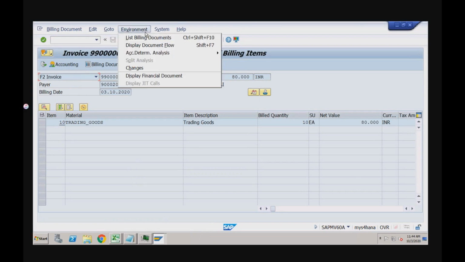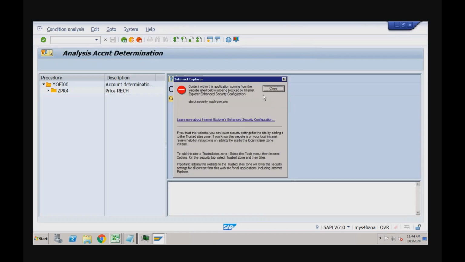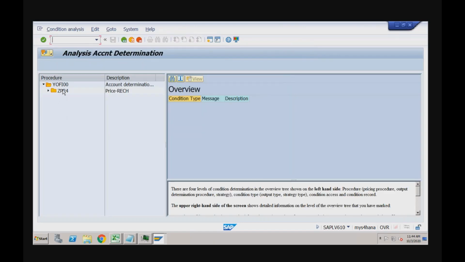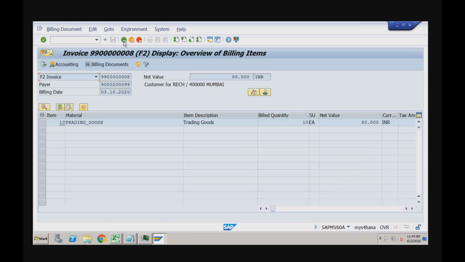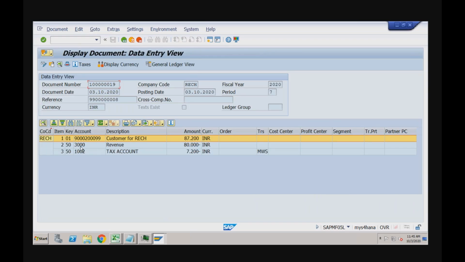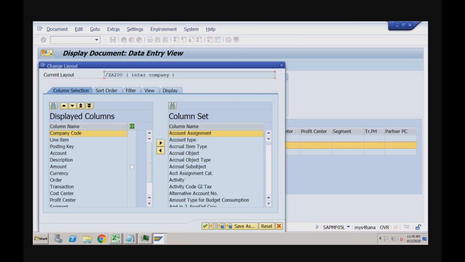Even here you can see, if I go to environment, revenue account, the system is clearly showing you that GL account 3000 has been determined. Okay, and this same GL 3000 is used in the accounting document also. You can see this one, second line. Even you will be able to see the condition type also, account key also. So if I show you in the change layout,